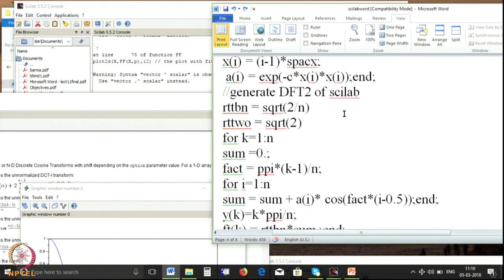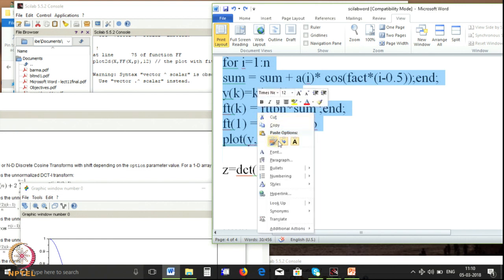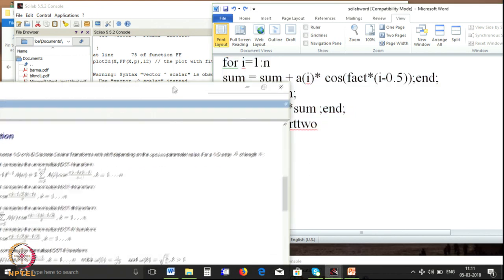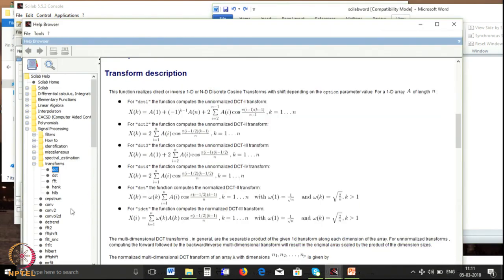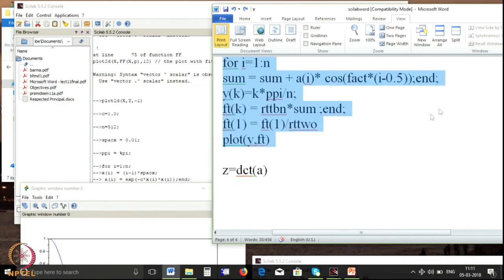So, what I will do, I will copy these commands. I have calculated A, so I will copy paste all my own. What I have done, I have written a Scilab program exactly like this Scilab algorithm. Remember, this was my Scilab algorithm. So, I shall use the Scilab algorithm as well as my own expression of the same algorithm and show you the calculations. Okay. So, now I do not need this help command anymore. So, I shall close the help command.